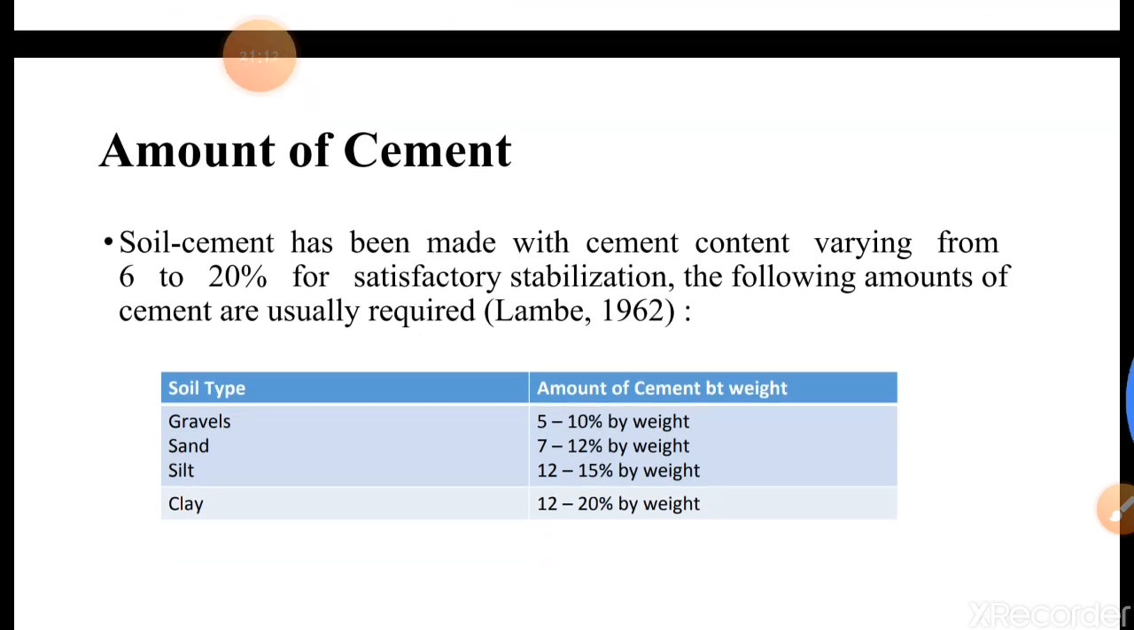The next thing we have to discuss is the amount of cement. Again, initially you have seen that if the surface area is large, we require more amount of cement. The same thing it says, that soil cement has been made with cement content varying from 6 to 20% for satisfactory stabilization. Various researchers have given various quantities of cement by weight, also by using different types of soil, and the following table shows that